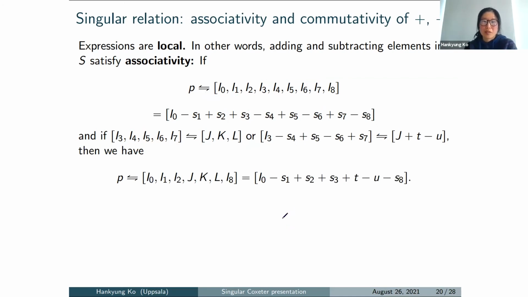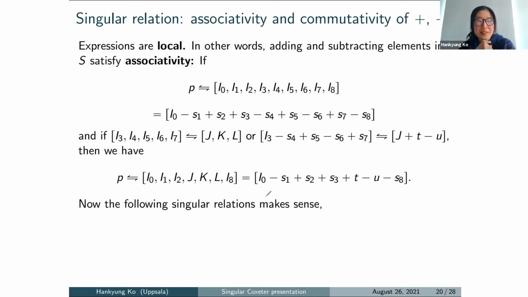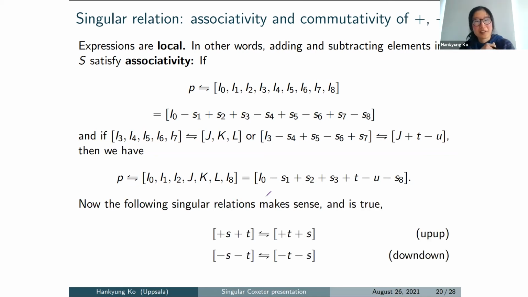And this is what we need before we do any kind of presentation. And this is the case, so we can now make sense of some relations, and let's start with the easy ones. The following relations hold